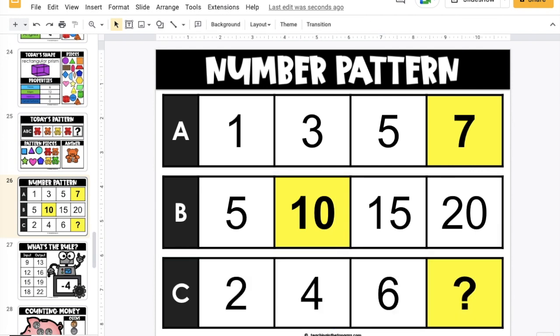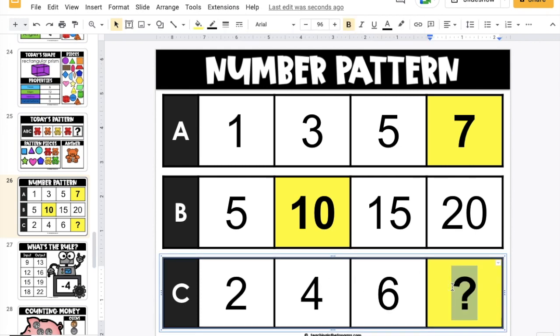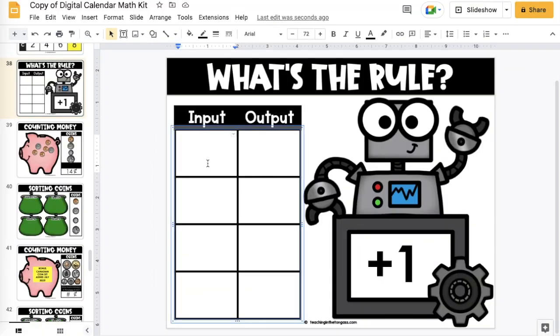Now let's move on to C. 2, 4, 6. Well, this one sounds familiar. We've done this one. 2, 4, 6, 8. Who do we appreciate? Okay, so for our function robot, let's check and see if we can figure out what